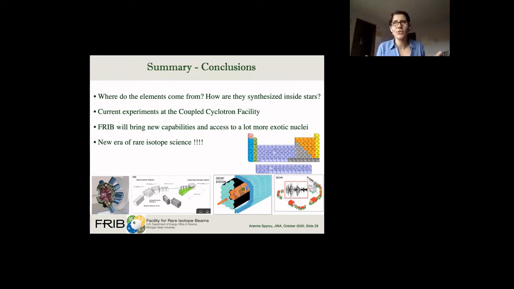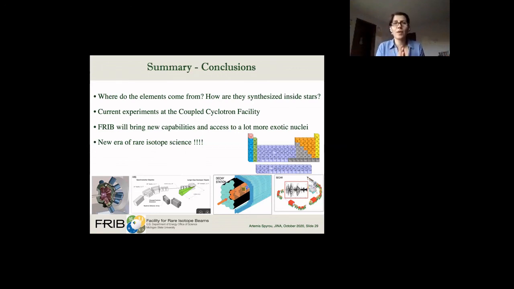So I think I will stop here and just hope that you get a little sense of what it's like to do nuclear astrophysics, experimental nuclear astrophysics work. How do we choose our experiments? How do we run our experiments? And how are our experiments connected to the big questions about how the elements are made or any other astrophysical questions that we can contribute to?